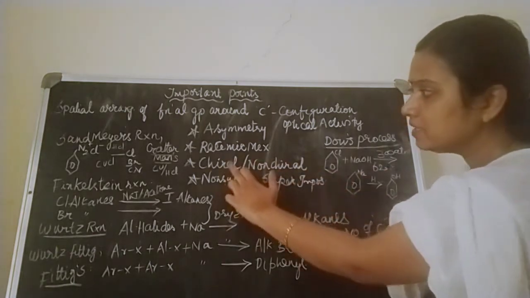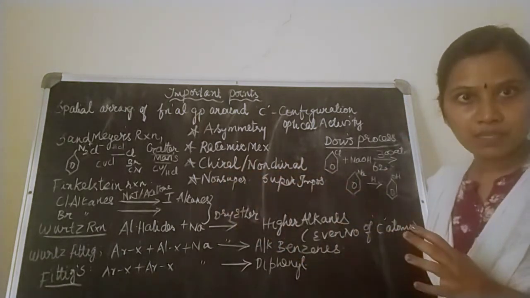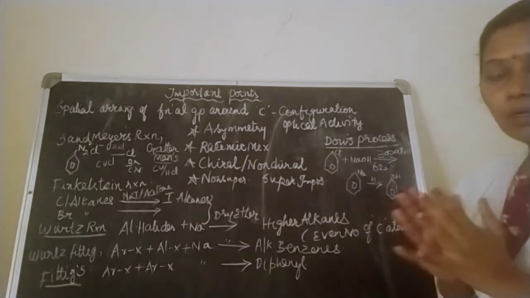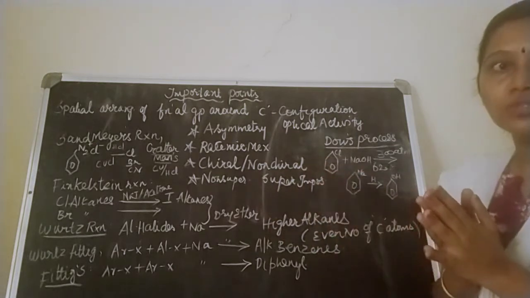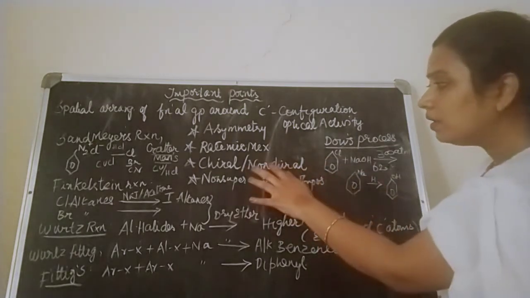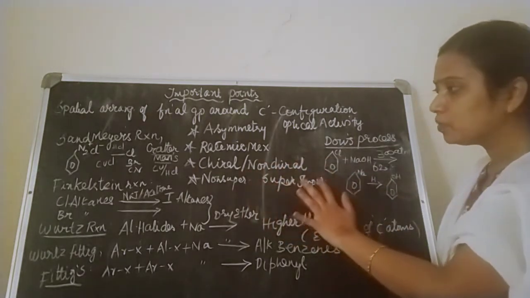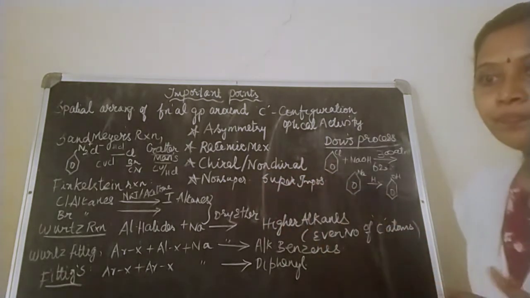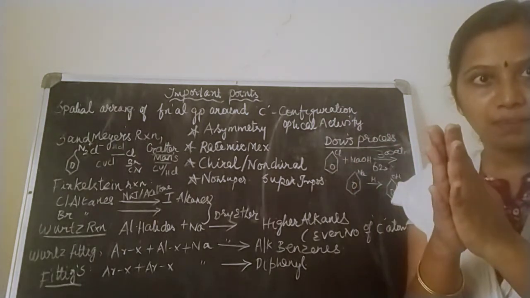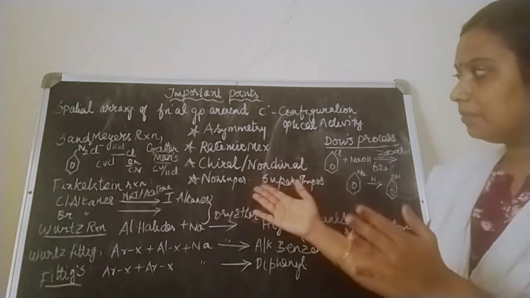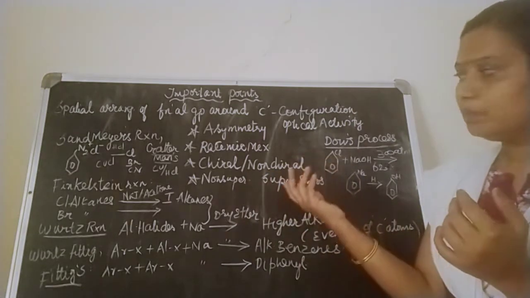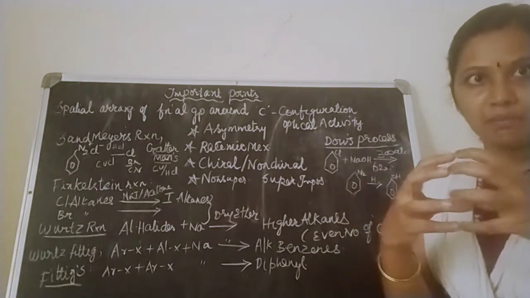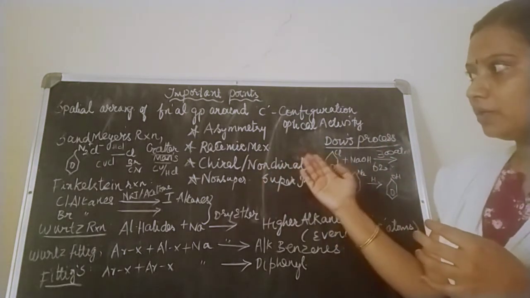What is chirality? Chirality means non-superimposable mirror images. You cannot superimpose these images. What is non-chirality? It is superimposable images. I want you to go through the picture in the textbook: like 2 legs, you cannot superimpose them, they are mirror images. So that is an example of a chiral compound. And non-chiral compounds are superimposable: I have 2 circles, they can be superimposed. So they are non-chiral compounds.